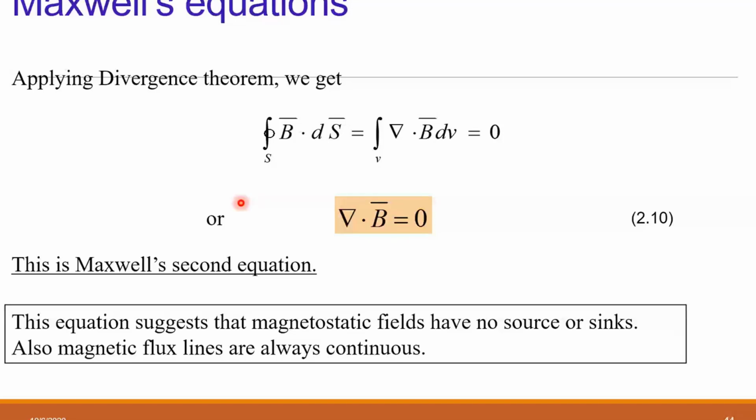So we have seen two theorems. One is for the electric field, the other one is for the magnetic field. Now, let us come to the next theorem, that is Faraday's law of electromagnetic induction. We have seen the same thing in the previous equations also. So what does it say?